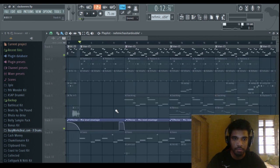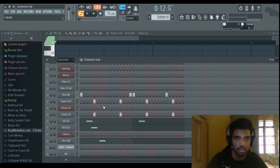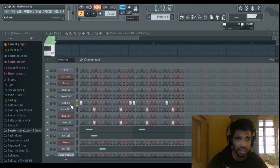Then I started laying out drums. I wanted a chill hop groove for the drums, but the sound selection was hardcore drums. So even though the groove is chill hop, due to the sound selection, the beat is hardcore, kind of. So I used a kick, a basic kick, a snare,